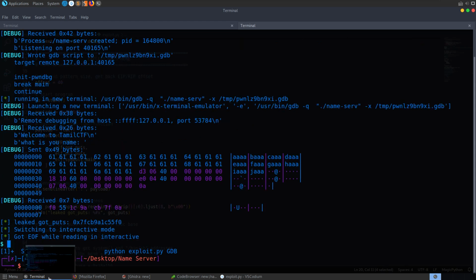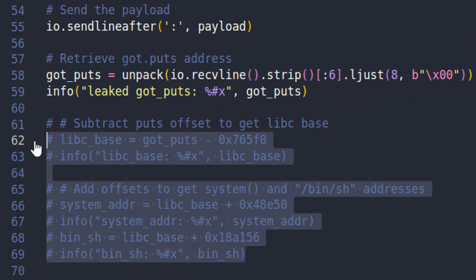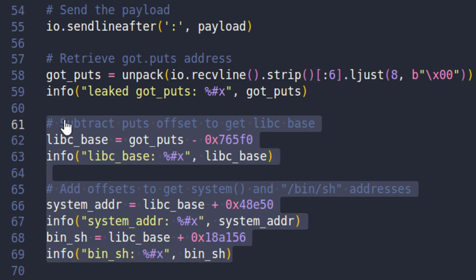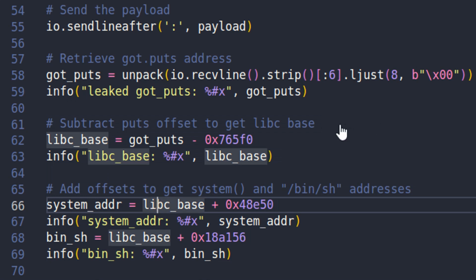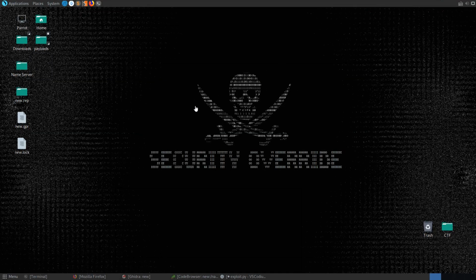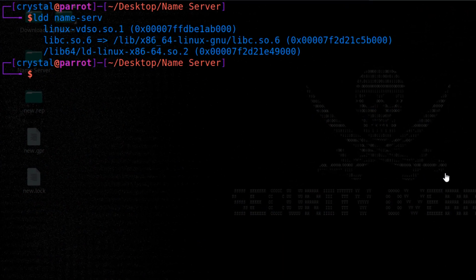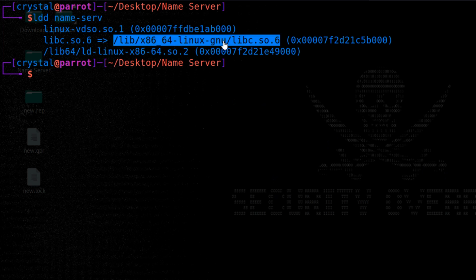Let's jump back over to the script. And basically from here we want to set up our next payload. Our next payload is going to be the bin/sh, and we can find out what the offset is between puts and libc. So we can do this in a lot of different ways. What I normally do here, if we do ldd name-serve, and then we find out this is the libc library I'm using,